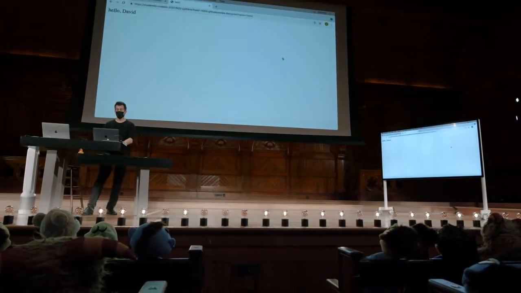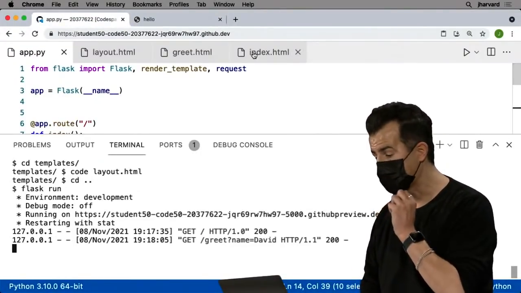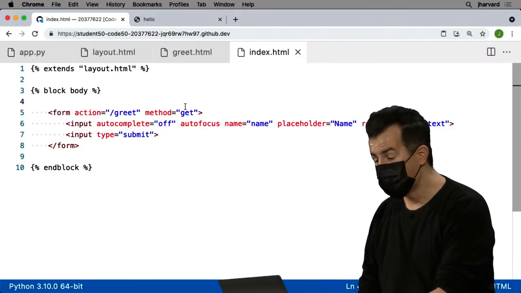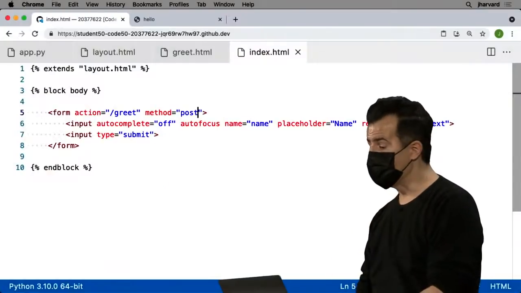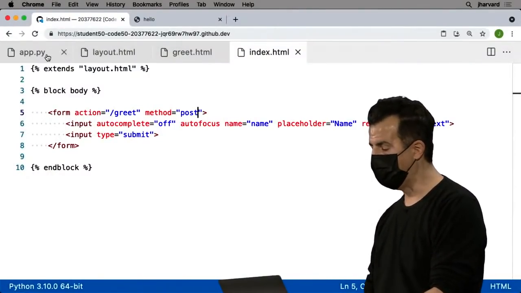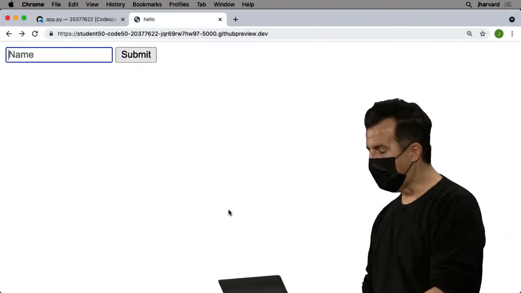And fortunately, this one's actually an easy change. Let me go into my index.html where my form is. And in my form, I can just change the method from get to post. It's still going to send key value pairs to the server, but it's not going to put them in the URL. The upside of which is that we can assuage this privacy concern, but I'm going to have to make one other change too, because now if I go ahead and run Flask again after making that change,